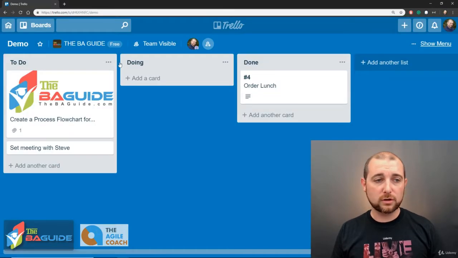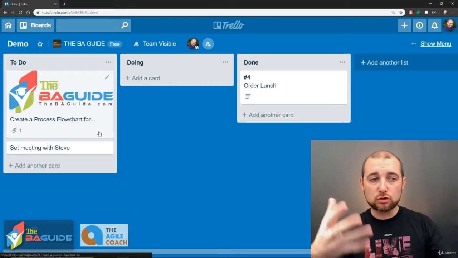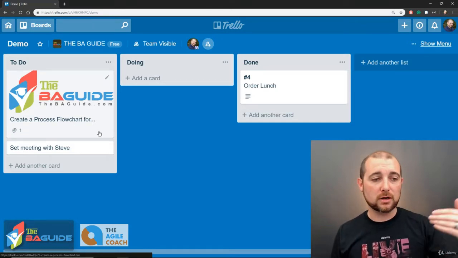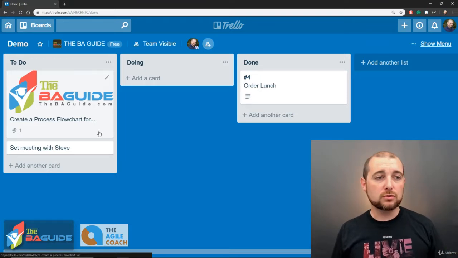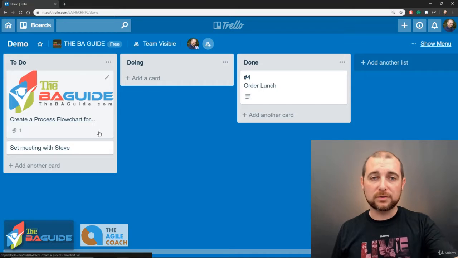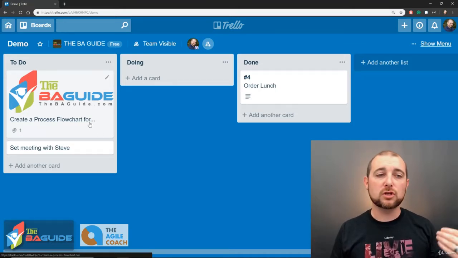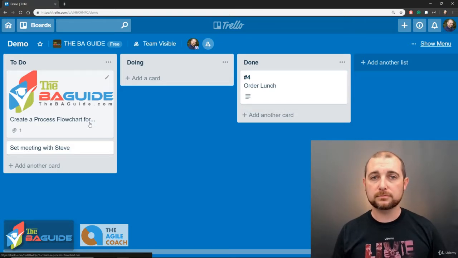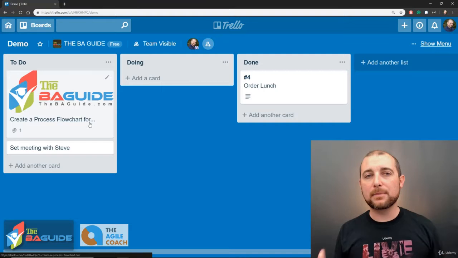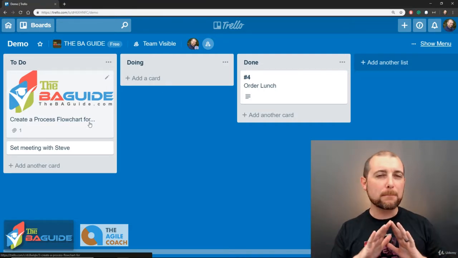But what I want to show you is if you close out, if you go here, you can see our logo actually portrayed on that image. And so if you're creating a process flowchart, you could have the other process flowchart on there. You can have documents as to what that process looks like, etc. So you can put a lot of different attachments, and it really changes the look and the feel of those various Kanban cards. Obviously, there's a lot of bells and whistles to Trello that we're not going to cover. I wanted to at least give you the base